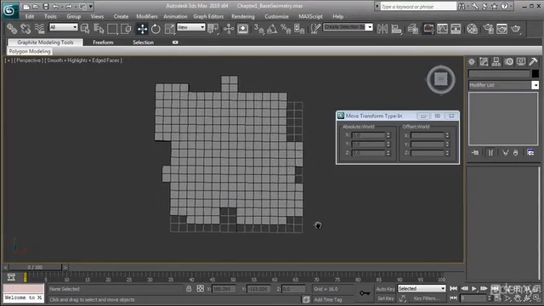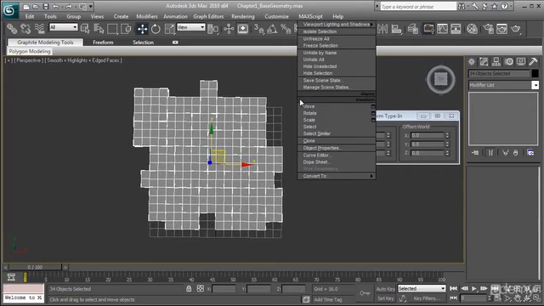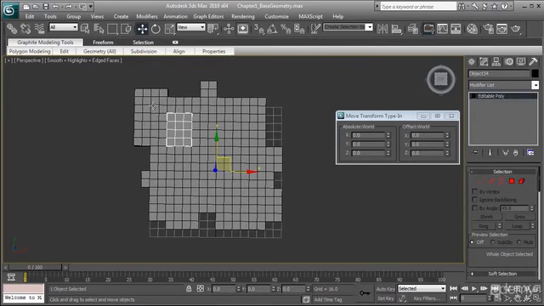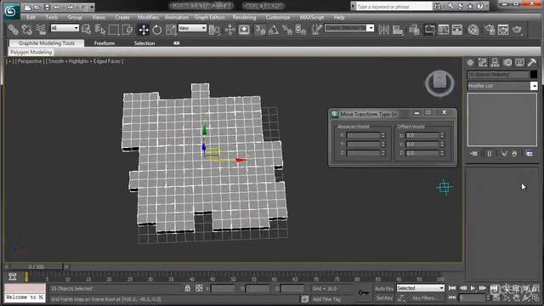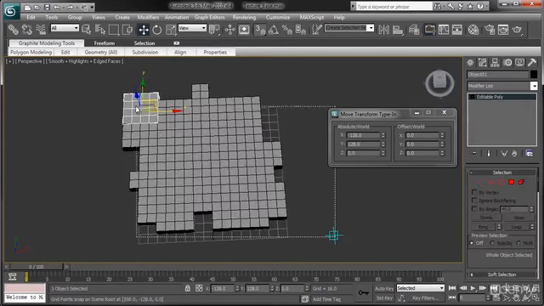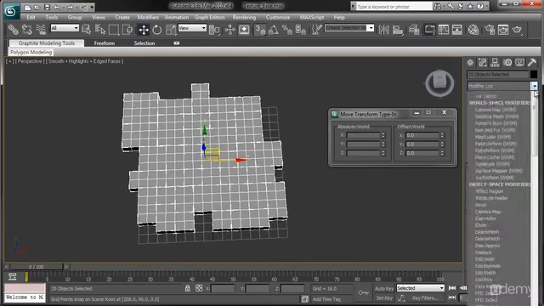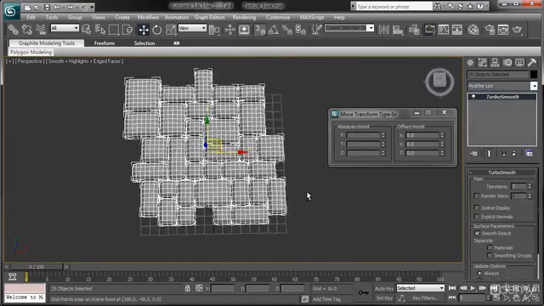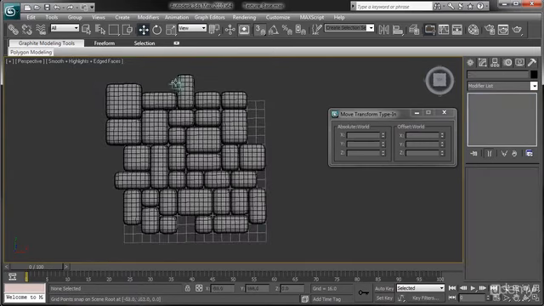Another thing that I'm going to do is highlight all of these, right click, and convert this to an editable poly to make all these editable poly objects. And to do the tile test, I'm just going to temporarily turbo smooth all of these. So I'm going to select them all, go to the modifier list, and add a turbo smooth modifier. And we'll just leave that at 1 right now so you can